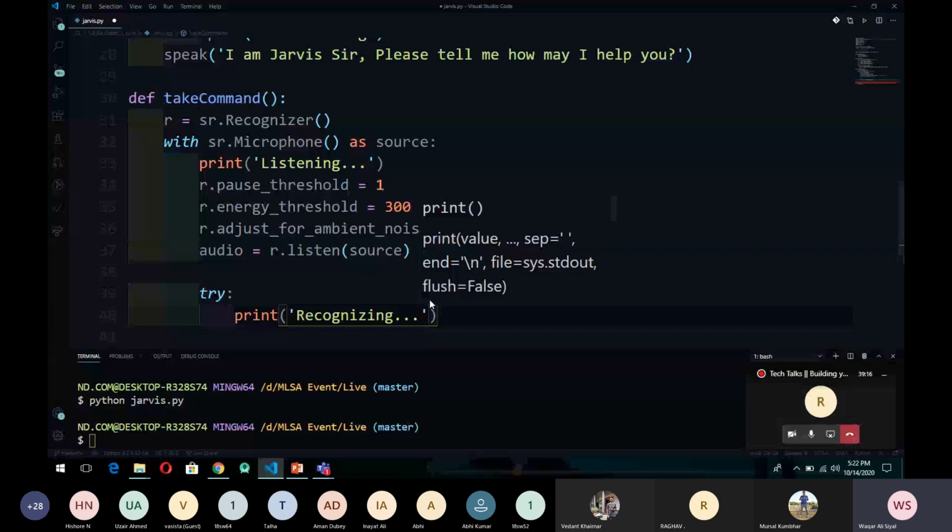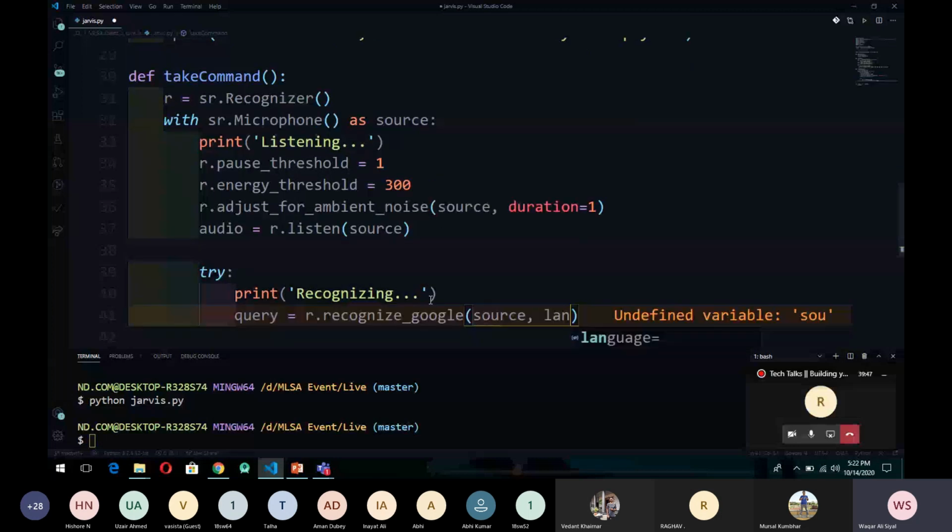Okay, so all 7 methods are here which were in the slides. So we will use this recognize_google, and we will pass the source and the language, and the language will be en-US. So it is the Google Web Speech API to detect your voice.